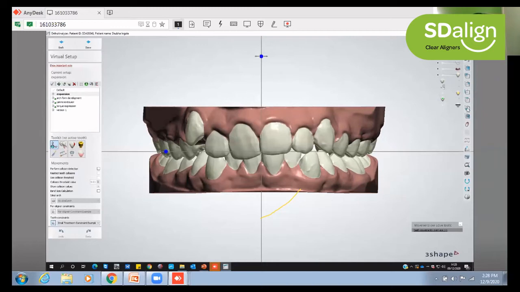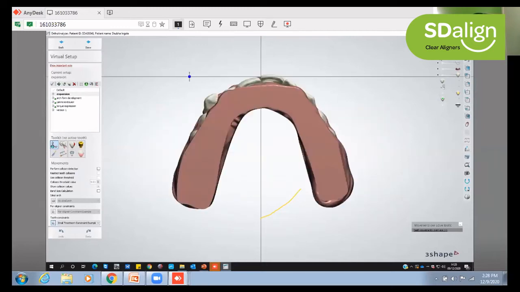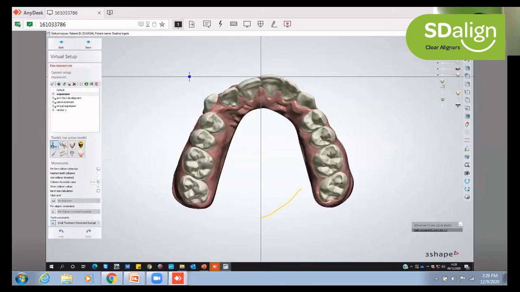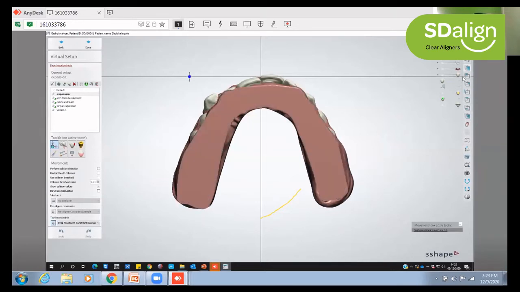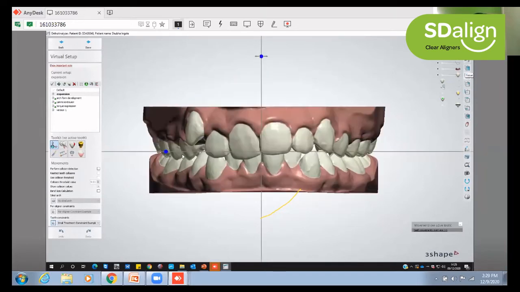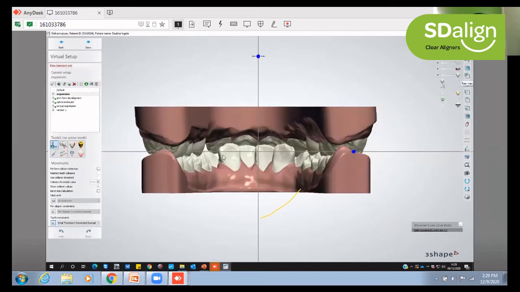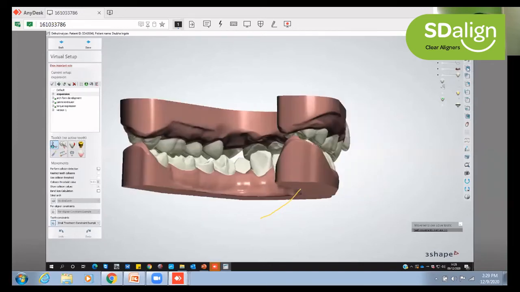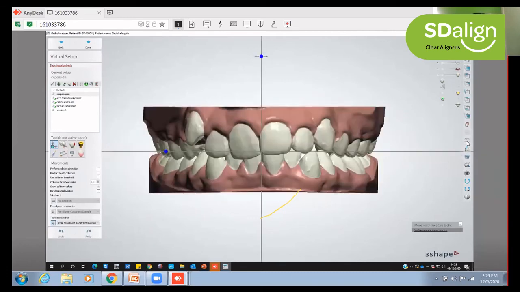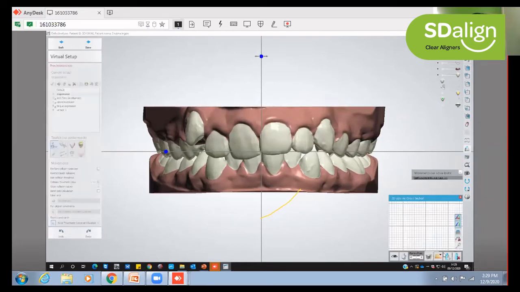We can also see the individual arches here, which is very good to see the occlusion in every possible angle. So we can see the front view, we can see the back view. In that, we can also see if there are any overhanging cusps, if there is any problem with the contact, how much is the deep bite. We can also measure the amount of tooth movement. So we have a grid view like how we can do with other systems, and we can put that on the grid when we are doing the total movement.